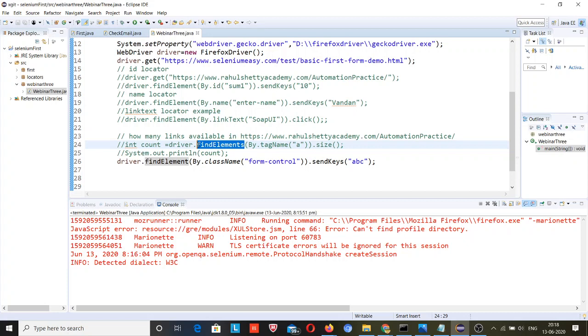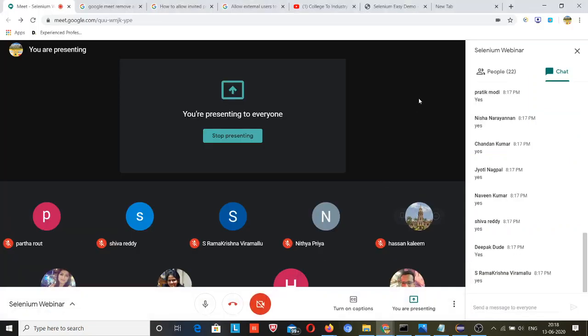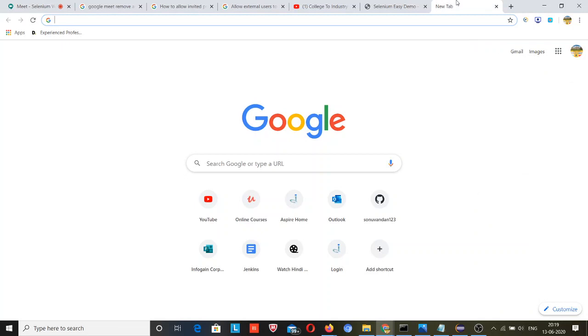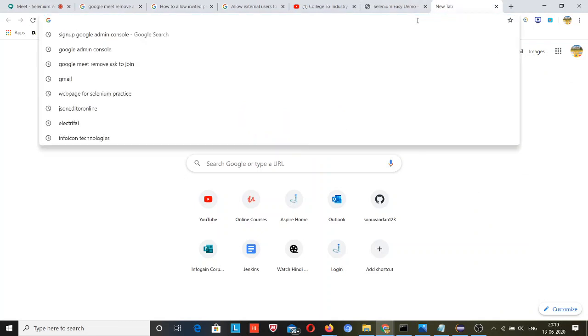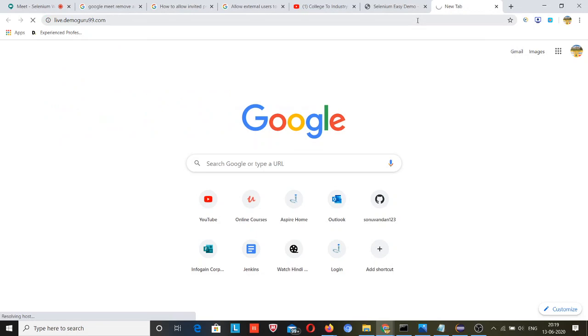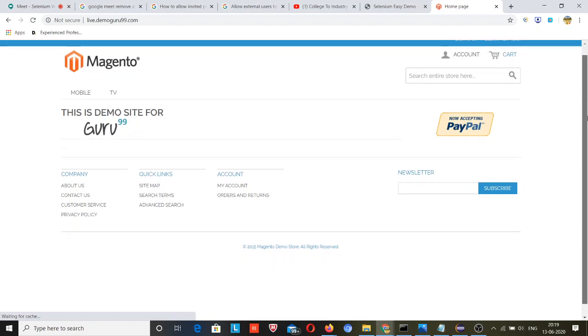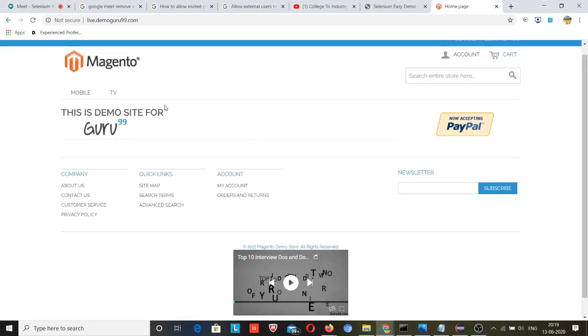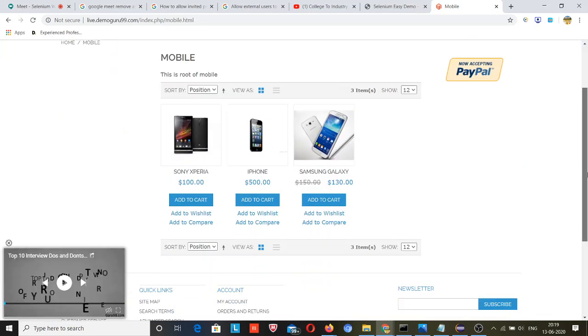The problem will come further and I will talk about these solutions. That's why I was saying we will need the collection topic in Java. Suppose, let me show you, I was trying to make a demo project for you guys. Let me first show you live.demoguru99 live, so you will better relate to the problem. So this is the web page.